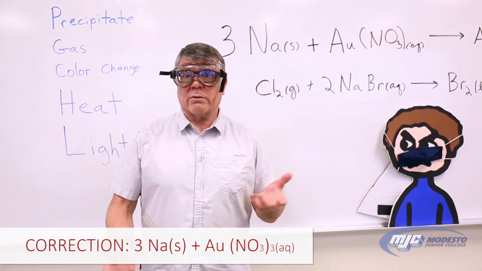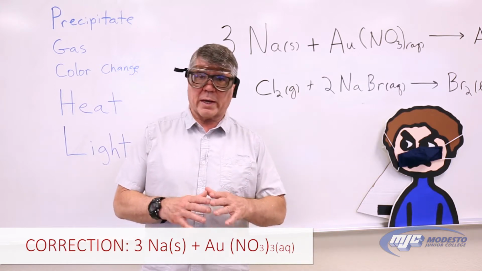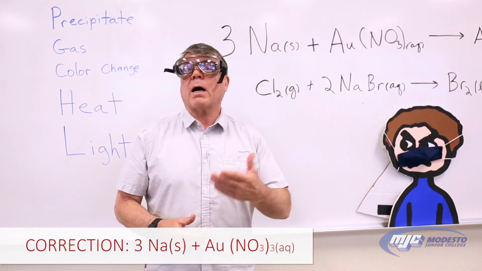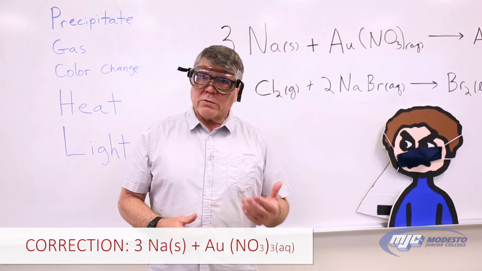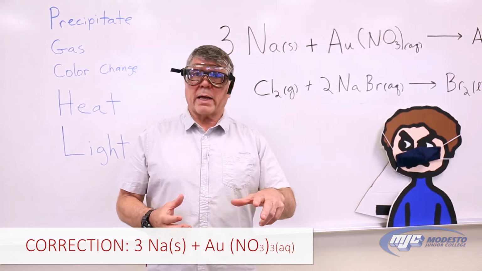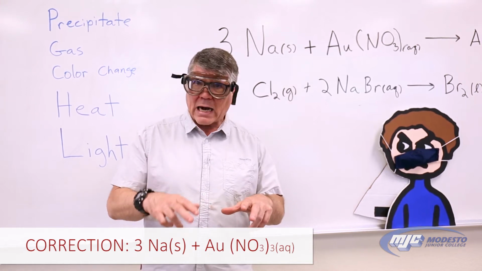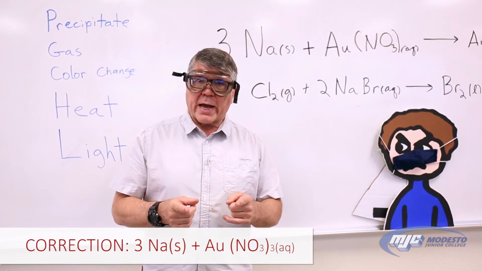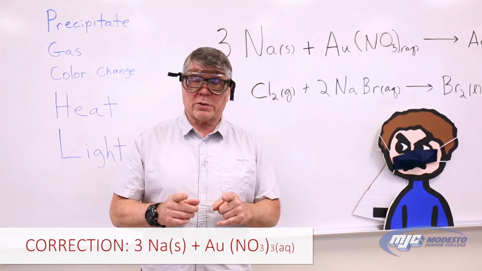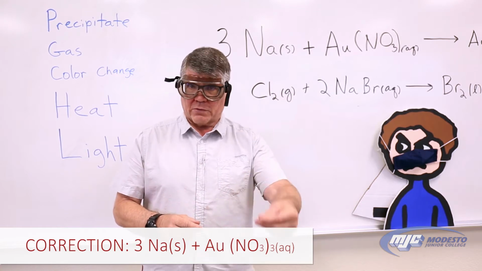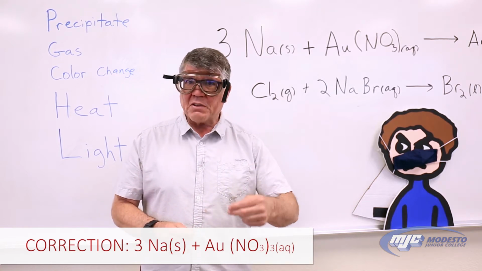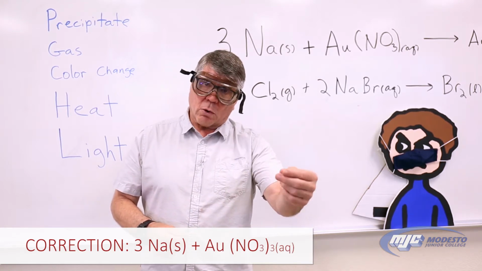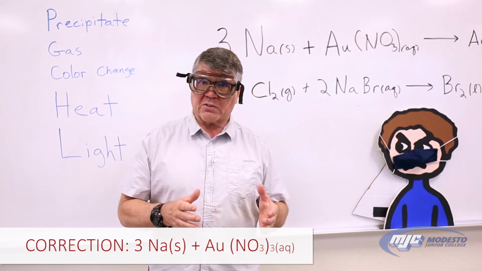And so first thing is, what do we mean by activity? In this sense, what activity means is the ability to release electrons, to be oxidized. And so what we do is we combine a metal and the aqueous form of the ion of another metal, and we see if they react. If we do see a reaction, we know that the metal that was in its solid form, not an ion, released electrons to the other metal, and that means it's more active than that other metal. So all of the reactions we're going to do today, guys, are what we call single replacement